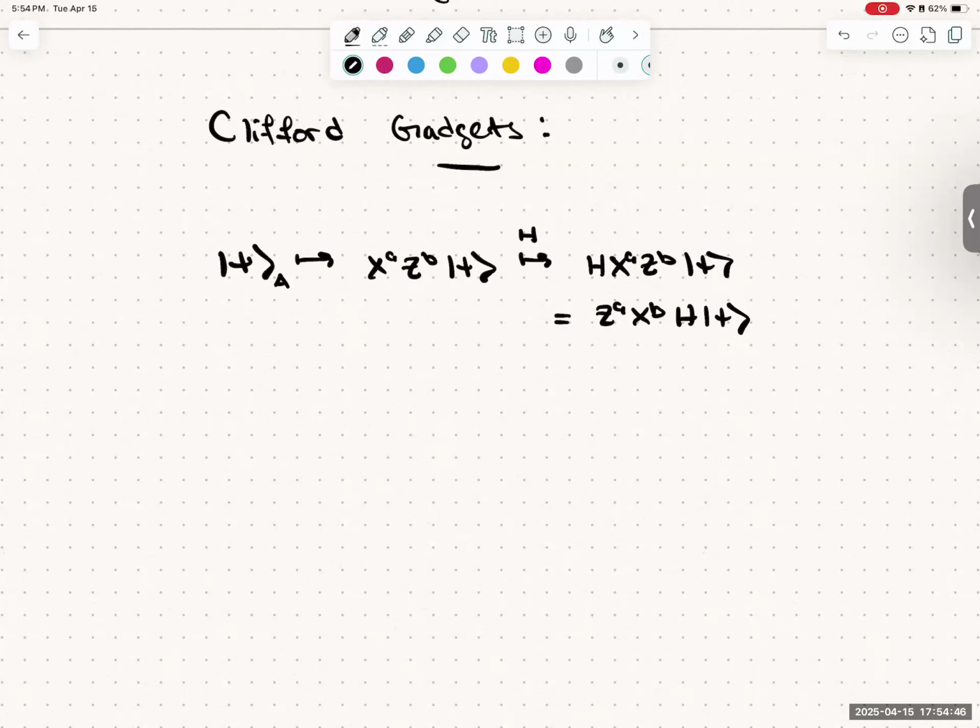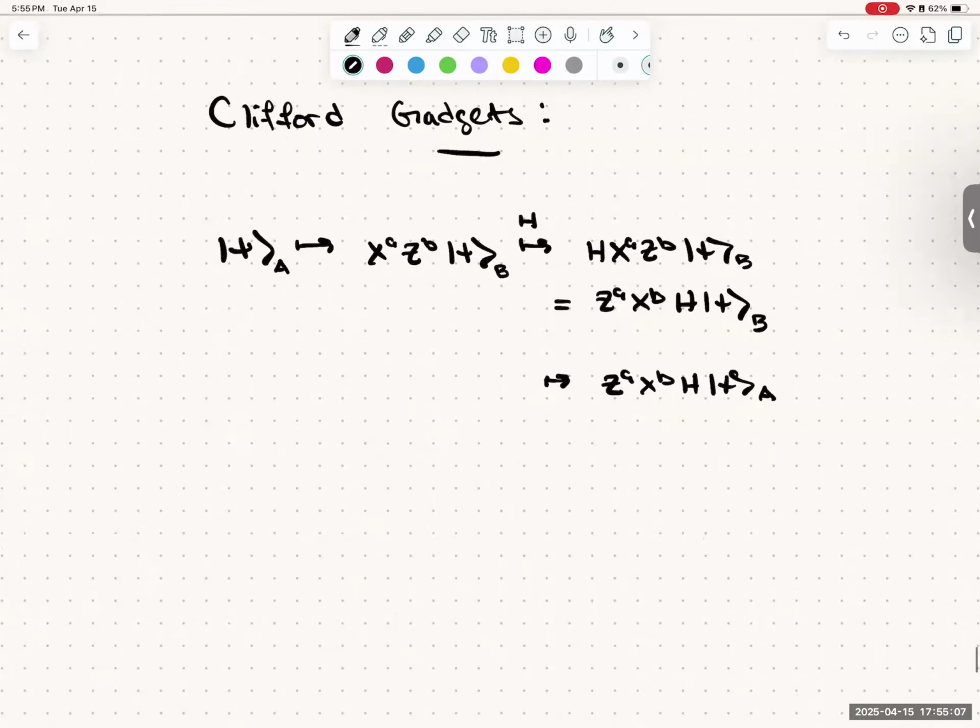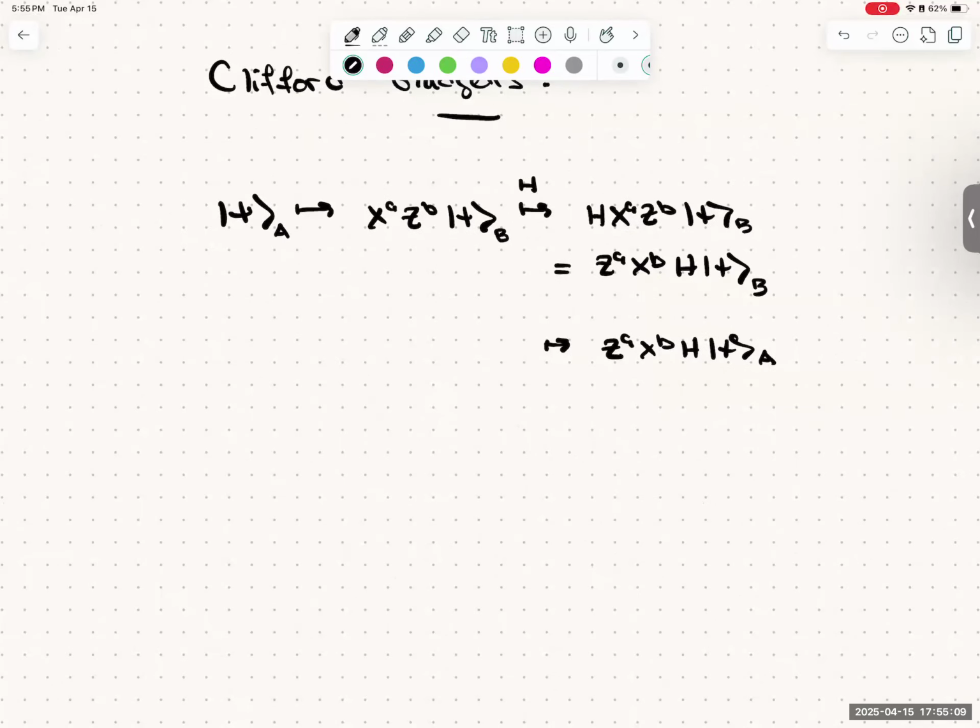And maybe it was better to say this. Now this is in Bob. And now you send this precise state back to Alice. Nothing changed. I'm just saying that now Alice is in possession of it. And now what Alice wants to do is, because maybe she wants to measure this state or do something else with it, now she needs to decrypt this by applying X_B Z_A to undo this.